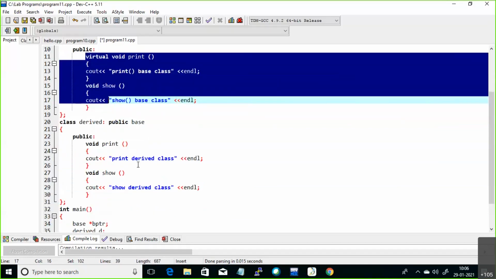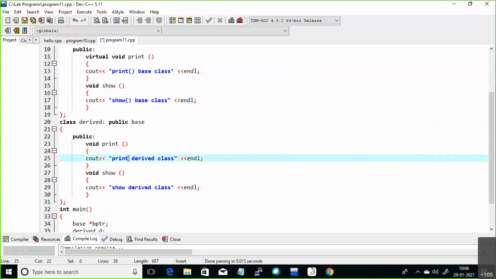Here also I'm just printing, to show which function is going to execute. This print function is related to the derived class and this show function is also related to the derived class.